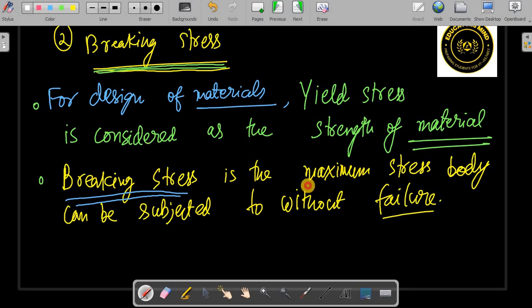Breaking stress gives the idea of the maximum stress the body can withstand without failing. That means you have to go beyond this maximum stress to create a fracture in the body. So this will give us an idea about what stress we should apply to fracture the body. In that case, it is a good idea that we can use breaking stress as information for that purpose. So to make the body fail,